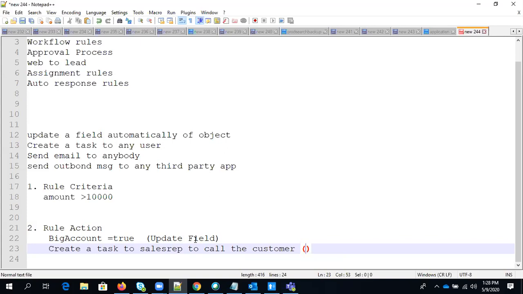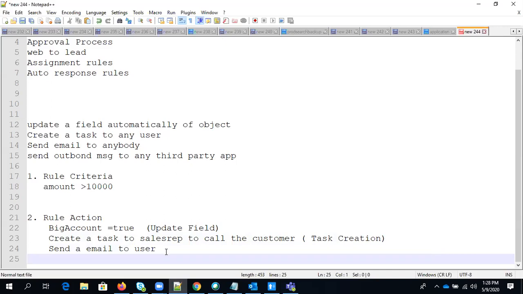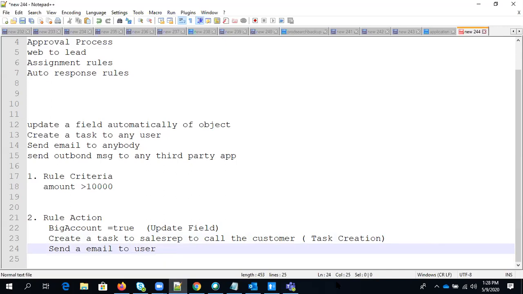This will come under task creation. And the third one we'll do is we'll send an email to the user, and this will come under email send.